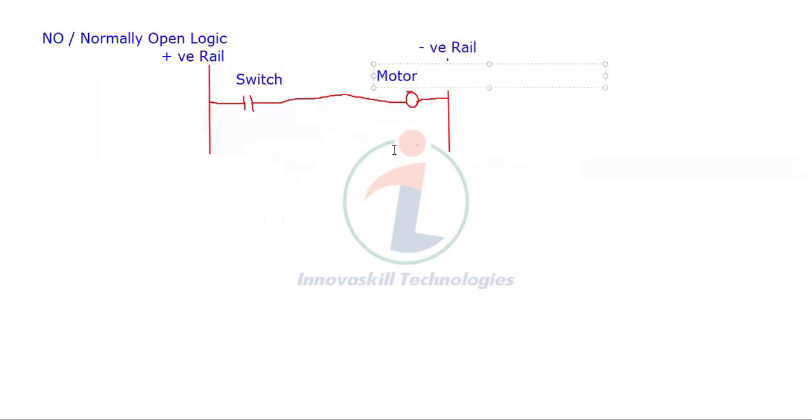The line you are drawing between positive and negative is called a rung, or network. So this is how ladder diagram programming will be. I have drawn only one rung, but many rungs will be there based on the program. Now, if the program is like this, what will be the output executed? If this is the input, what will be the output?